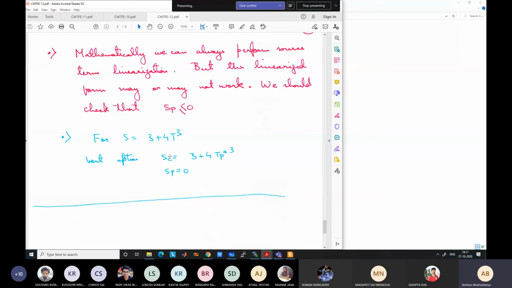Similarly, in many cases the source term may depend on temperature in the case of the energy equation. For example, say some convective heat source is there from the side, from the third dimension, which is not considered. So it's a linear function of temperature. If it is a radiative source term from the body, then the source term is a fourth order function of temperature. In that case, we have to linearize appropriately. So this type of situation may arise.